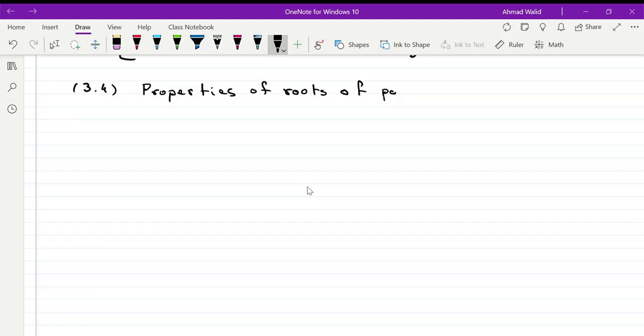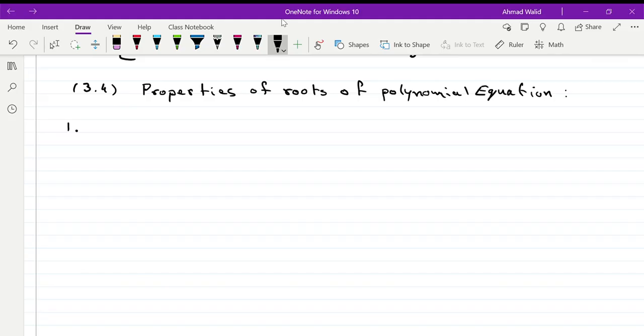What does it mean? There are two important properties about the roots of a polynomial, not function, because we are talking about the roots, polynomial equation. Okay, let's change function to equations. There are two main properties. Property number one: